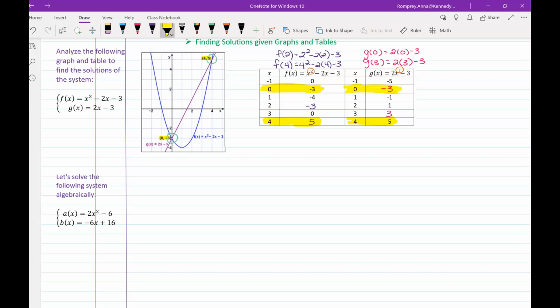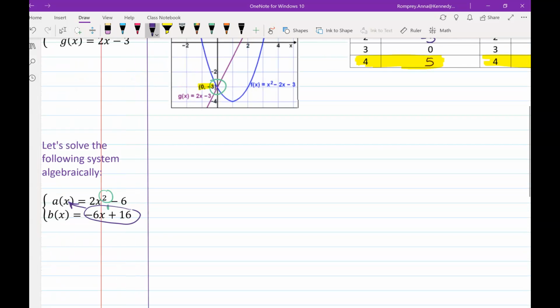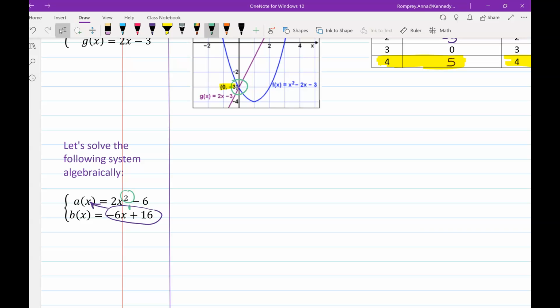So, solving algebraically. Again, here I have a quadratic, and I have something linear, and I want to know, do they have any solutions? To find that out, basically we're using substitution. We're going to plug this one in here, and we're going to see what makes them equal to each other, if they do. So I've got negative 6x plus 16 equals 2x squared